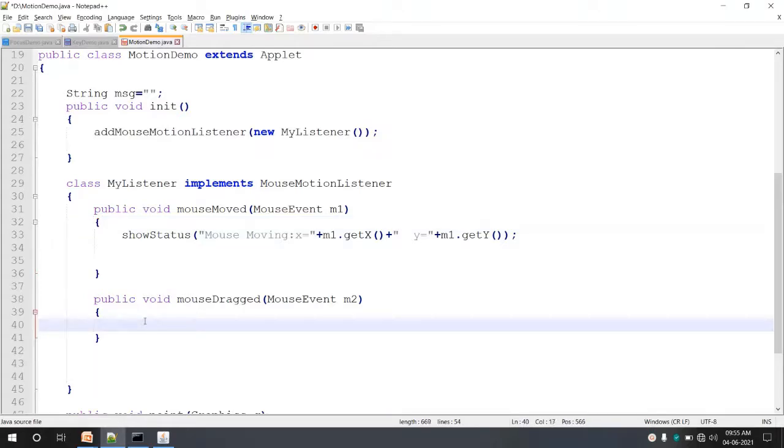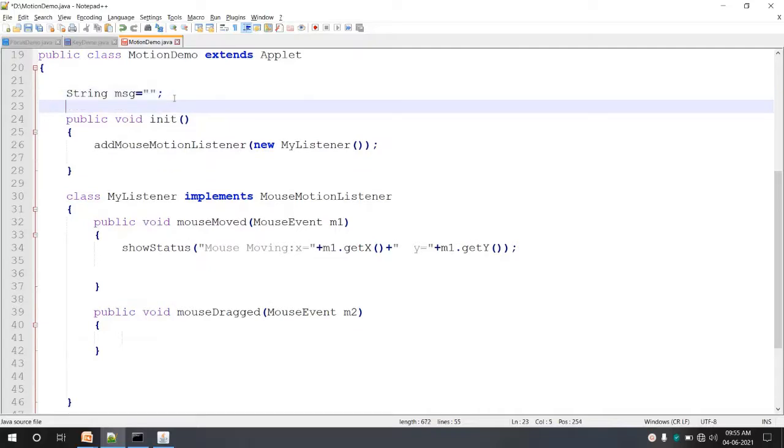So I'll add here some code. When the mouse is dragged, suppose I want to draw a line or continuously print something on the screen. So for that, what we will do is, I'll take two more variables here.